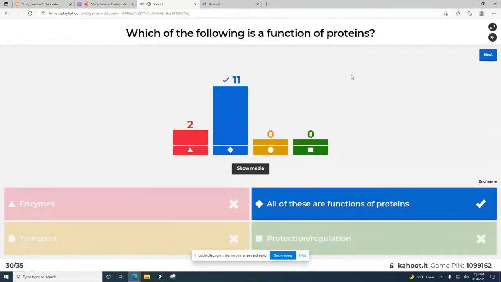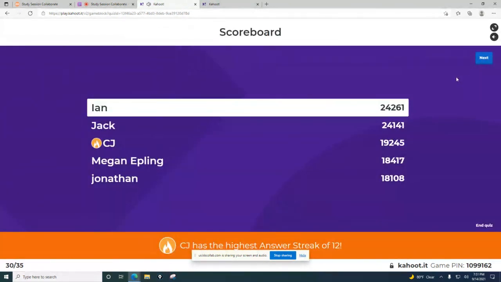Okay. So remember we said that there's a function and the cell needs it, the protein probably does it. They do function as enzymes. They do transport. We'll talk about transport proteins and specifics of that soon. Protection, regulation. They do a bunch of different things in the cell, and I would definitely memorize a few of those functions, but all of these are functions of proteins. So be wary of that on a test, because enzymes is a correct answer, but it wasn't the best answer. So a lot of times that'll get you, so make sure you carefully read what's going on and select.